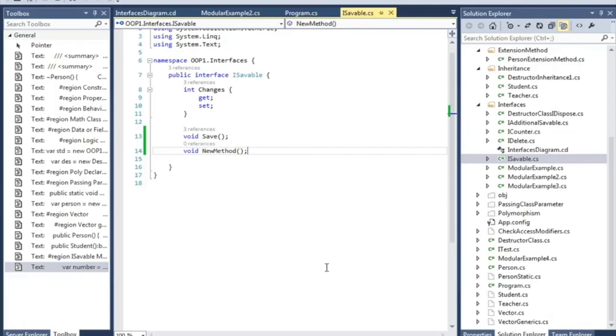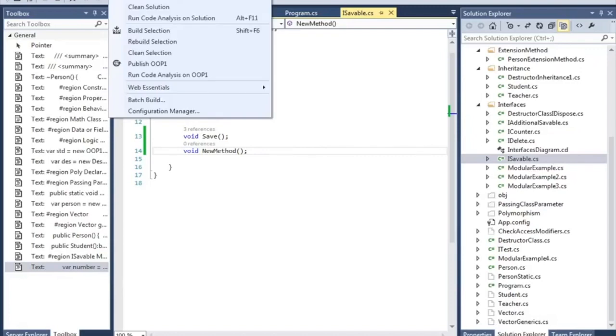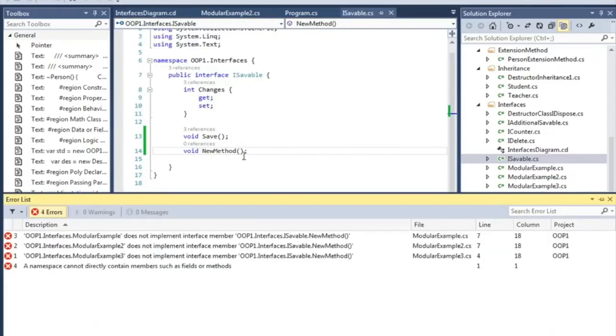That's what we don't want. If you now build it, it will complain that most of the classes don't implement this new method. That's a problem. That's really the opposite of what we are trying to do. We're trying to make it so that if a smaller thing breaks, the system will work just fine.